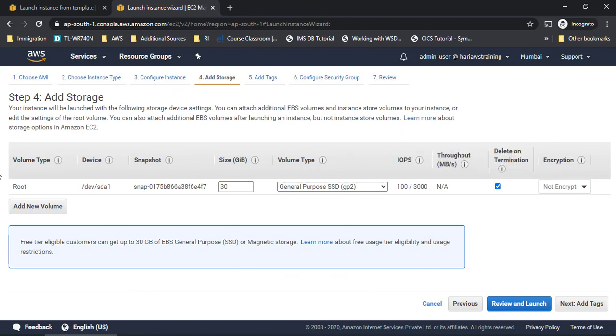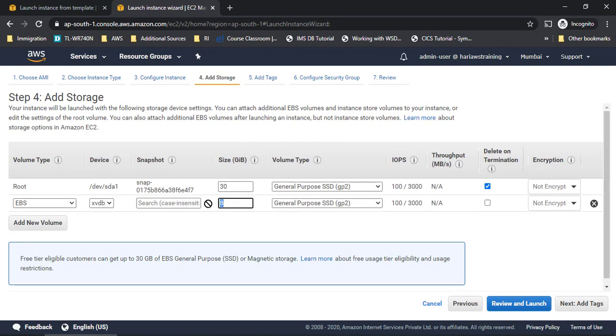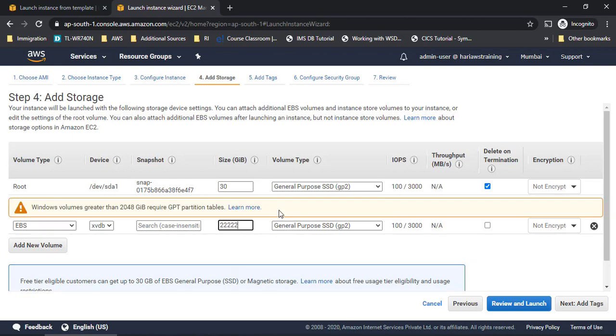If you remember earlier, the root storage for Ubuntu was 8 GB here, right? And I have also discussed in the previous lecture that Ubuntu won't take much software, so for the OS it won't take much space, that is why it is 8 GB. But Windows is huge software, so for the OS it will be 30 GB. So minimum 30 GB is what they have, and I can add volumes up to 2 terabytes. I cannot add more than that. You can see there is a limit of 2 terabytes, right?